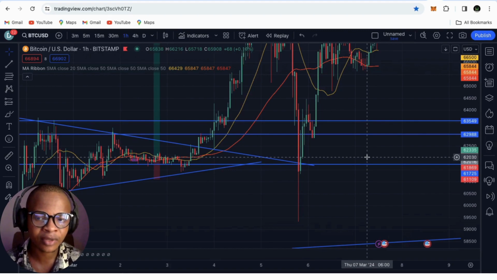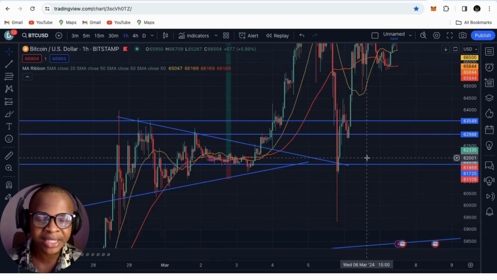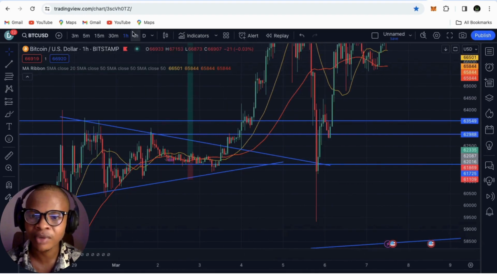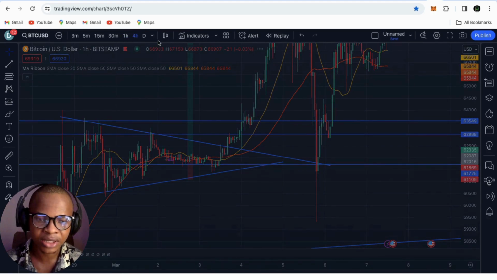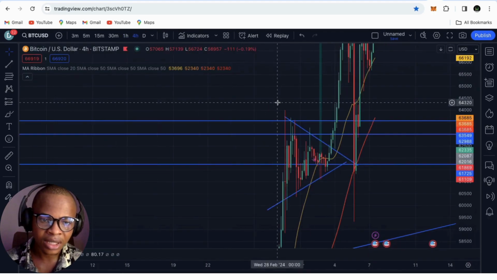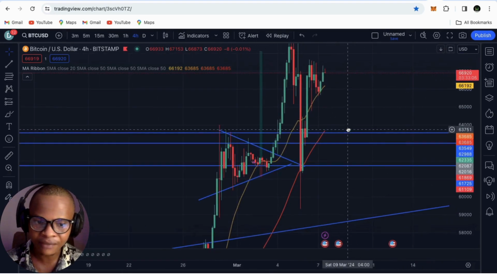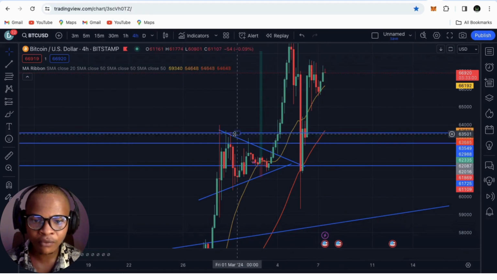If you guys remember what I always say, Bitcoin actually makes the best move on the 4 hours time frame. Right now, we're looking at this thing from the 1 hour time frame. Let's go down to the 4 hours time frame and look at what it actually did. As you can see, it did not have a close above, but it has a bullish candle which was above